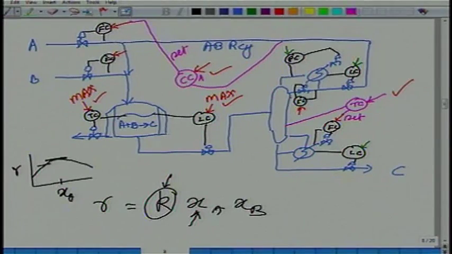By the way, the only thing that I missed here was, what do I do with B? This set point FB. If you want to increase the production rate, increase the amount of fresh feed being put in. If you want to produce less, decrease the set point here. So this is called the throughput manipulator, TPM.